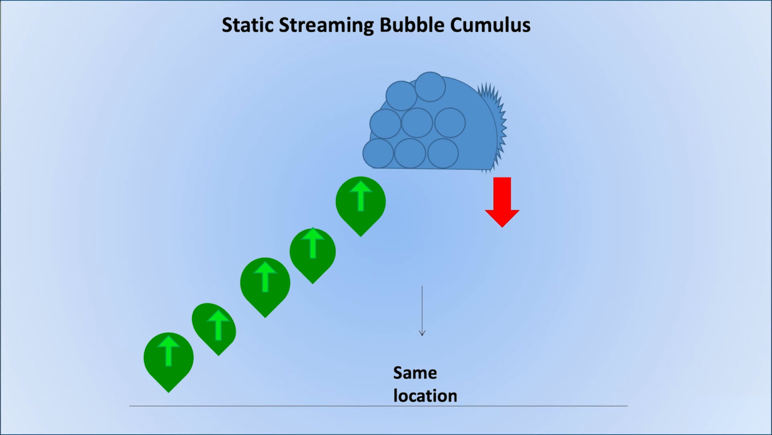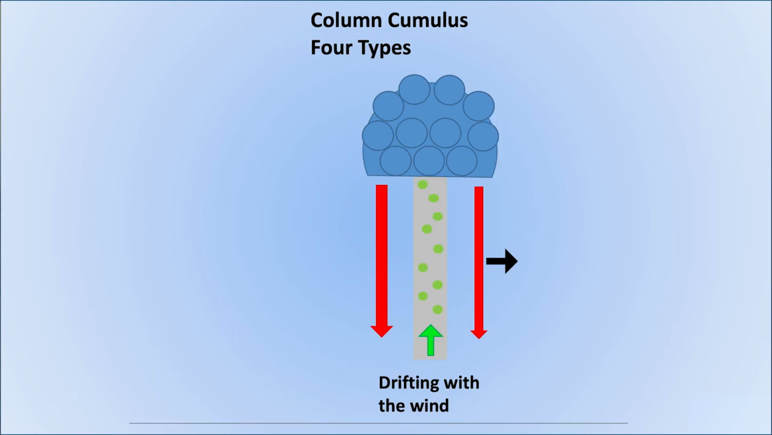We'll get a static streaming bubble cumulus here. So the cumulus is on the same location. There is no increase of wind with height, so the cumulus looks fairly balanced, but again the sink is on the downwind side. The greatest sink is on the downwind side. We can get four types of column cumulus. So here we can see a fairly standard kind of